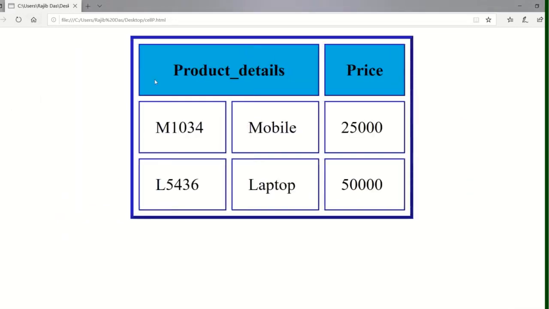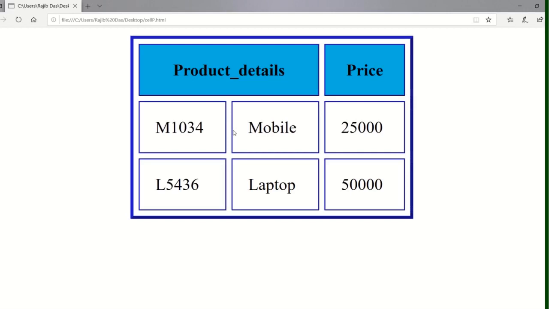See, now in the first row there are only two columns, and in the second and third rows there are three columns. So the first column of the first row, the product details column, covers these two columns. In this way, using colspan we can expand our cells across the specified number of columns. That is colspan.